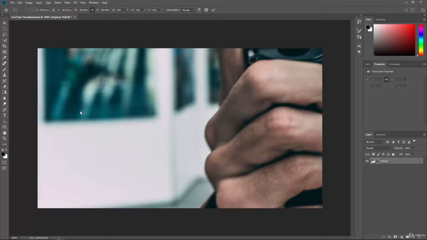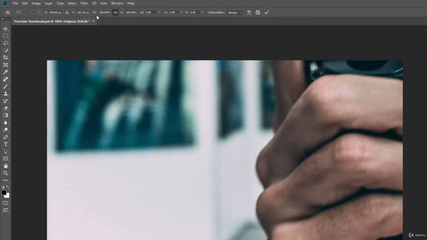Once you do, it doesn't look like anything has changed or anything has happened. Now we have some new options at the top, and you can see that there is a width and a height with a lock icon showing that they're locked together and some percentages. So we could actually scale the image right here by typing in 50% or 25%. However, I want to show you how you can actually manually scale this,